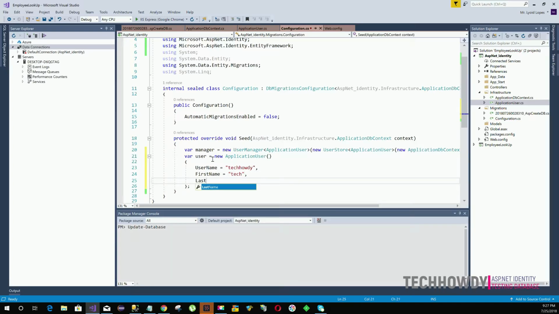Then last name, which is also required. I'm going to specify the email for the user. My email is going to be techhowdy@mail.com,